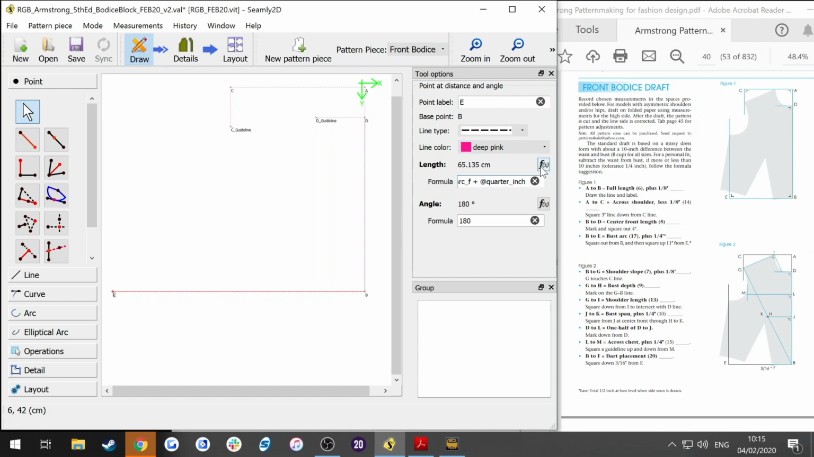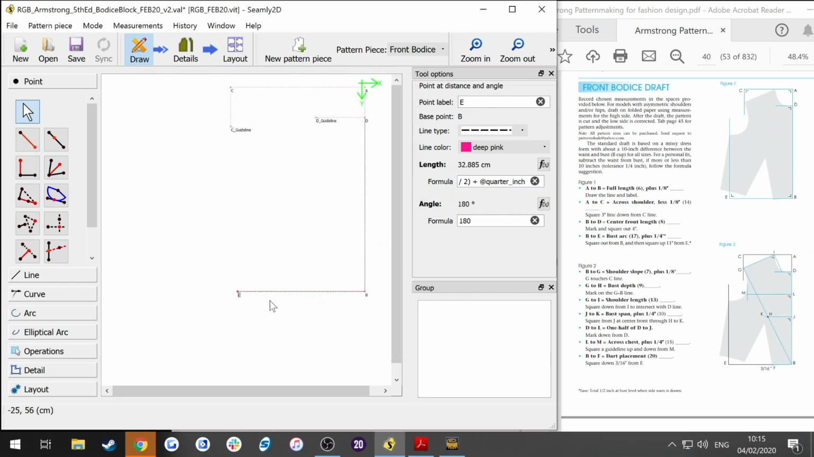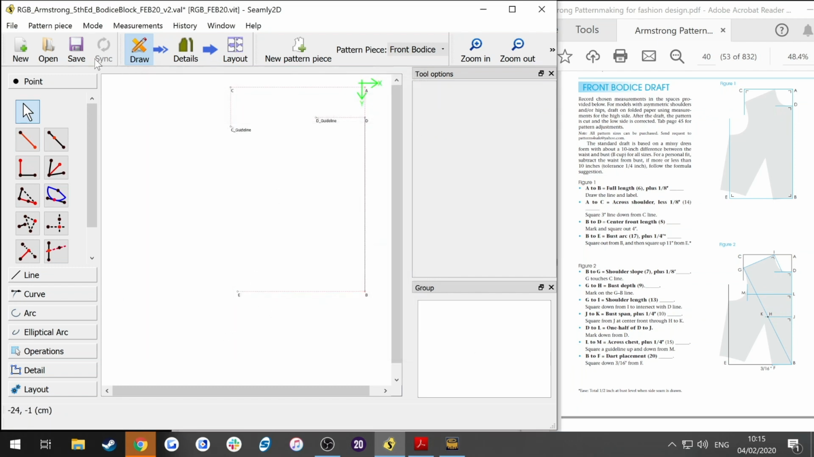So all I need to do there is to go back and add some brackets around this. And I want to say it's my bust arc front, but I want half of it, so I'm going to divide it by 2, and I'm going to do all that formula, that calculation within those brackets, and then I'm going to add my 1/4 inch, so that's what that's going to do. And it's updated that for me. Okay, I'm going to save this. So I'm at the end of these